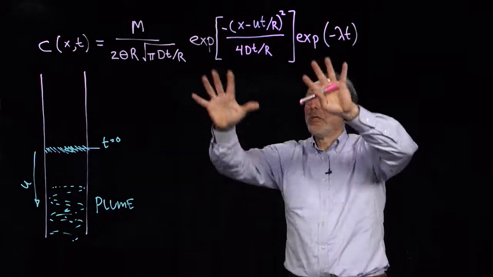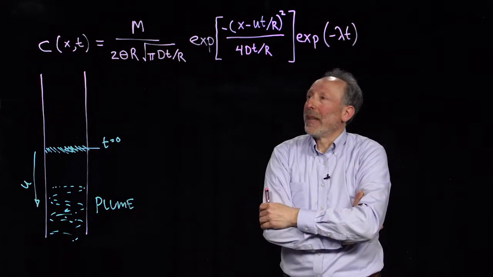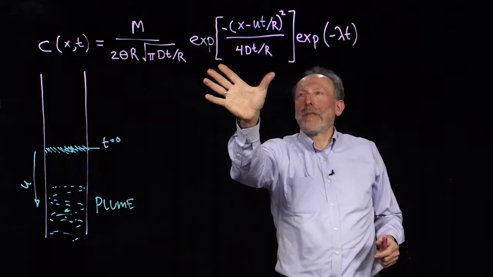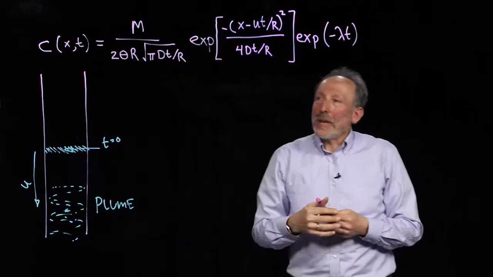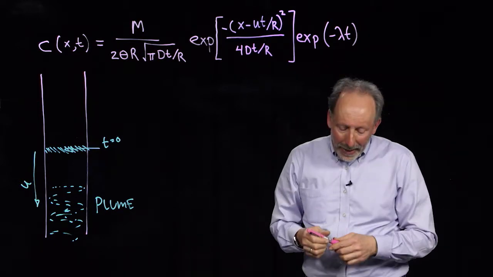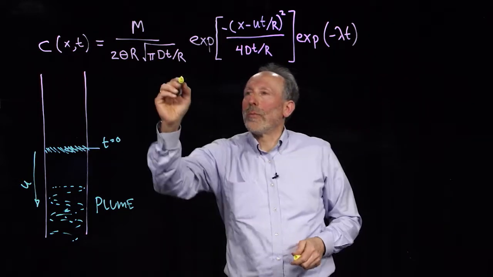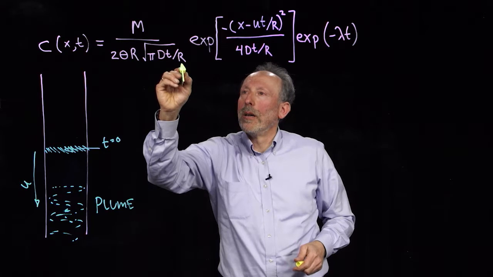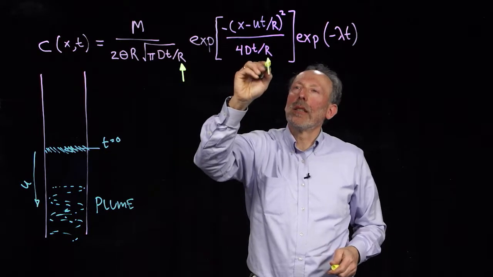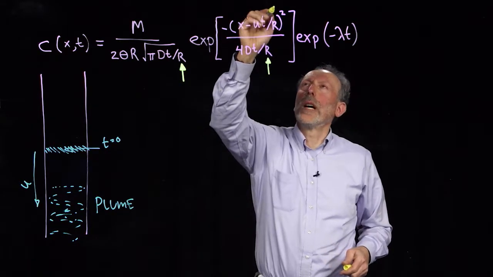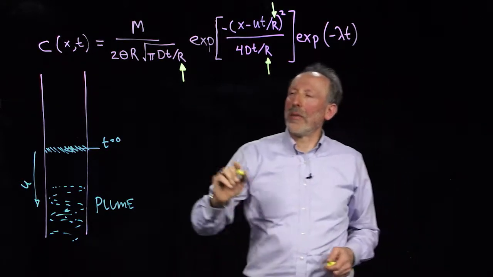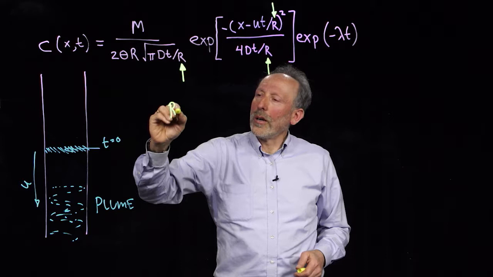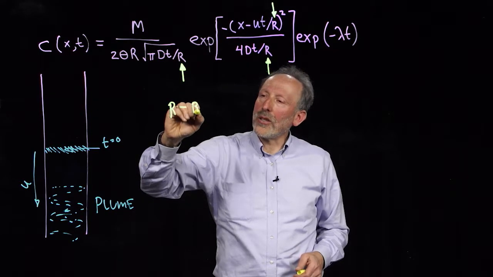So we have our solution to the advection dispersion equation, and we've talked about the fact that it's a Gaussian form. But one of the things we haven't talked about yet is the impact of sorption. So we see this R showing up over and over again. In fact, it shows up in exactly 3 places. The R is called the retardation